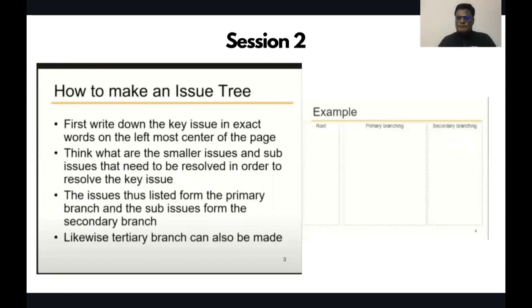What do I mean by that? By mutually exclusive, I mean that if I'm making a particular bucket, that bucket should not overlap with another bucket. The factors included in that bucket should be restricted to that particular bucket only. And by completely exhaustive, I mean that all the factors that I think are relevant to my particular problem, through my industry research or any kind of secondary research that I undertake, should be included.